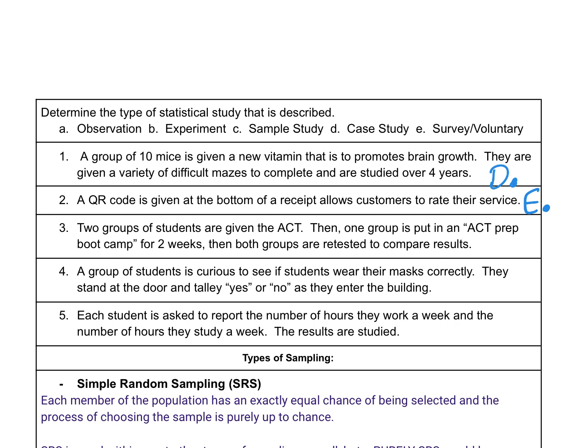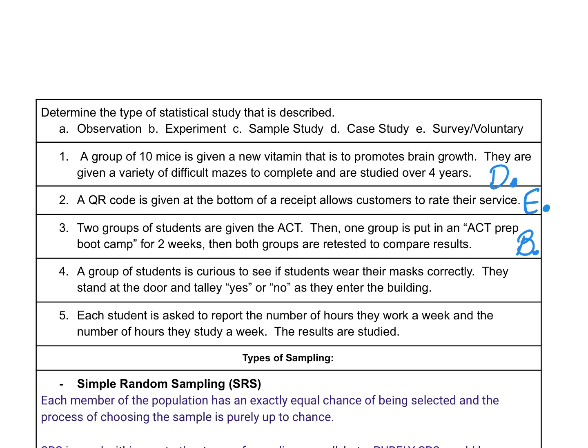Okay. Number 3, 2 groups of students are given the ACT, then one group is put in an ACT prep boot camp for 2 weeks, and then both groups are retested to compare results. Okay, so this is kind of like that placebo, because one group is getting the experiment, one of them is not. Okay, so this would be